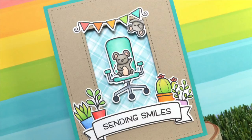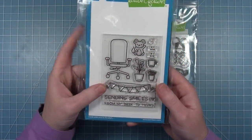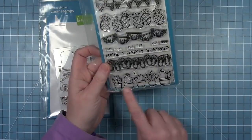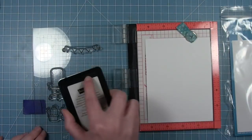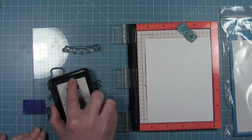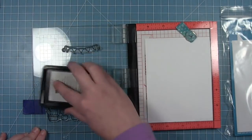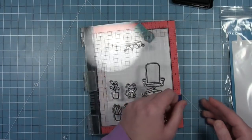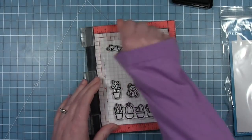Friends, it's Shari, and today I'm making a fun spinner card using the new Virtual Friends add-on stamp set. So I thought it would be fun to make a spinner card with the little office chair in the Virtual Friends add-on. I'm also going to be using that little line of cactuses and plants from the Simply Celebrate Summer. I'm going to be cutting those apart just to supplement my little plant that comes in the Virtual Friends add-on